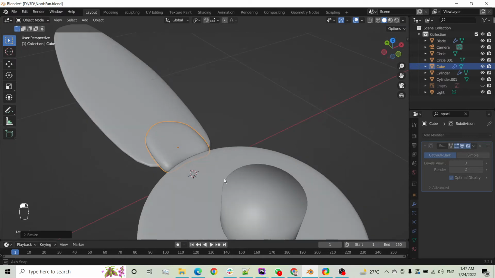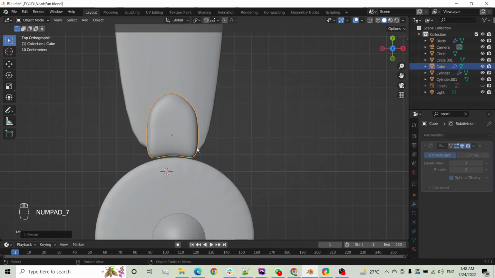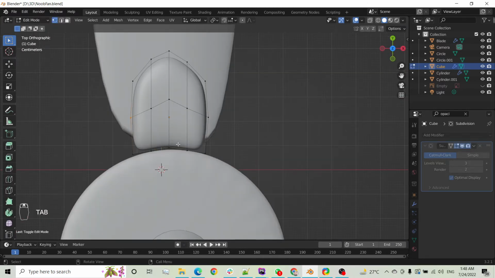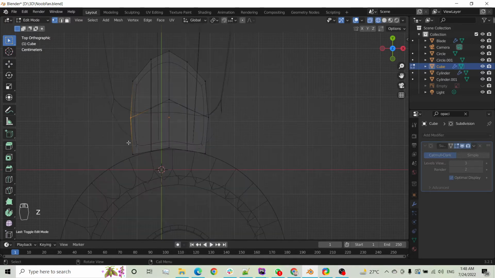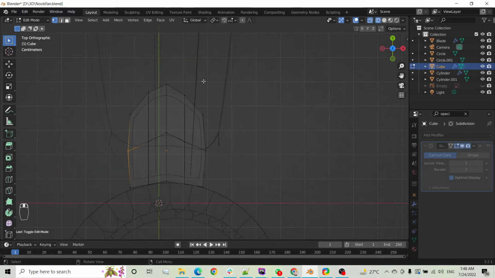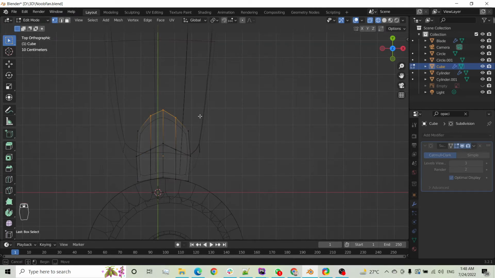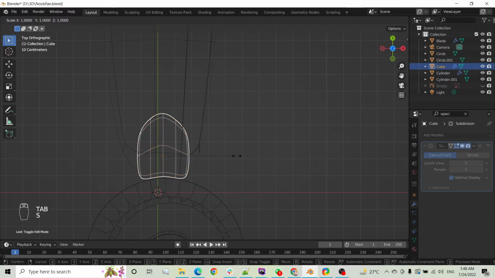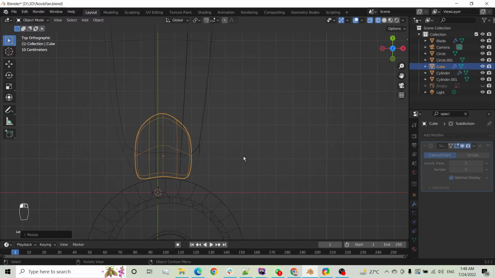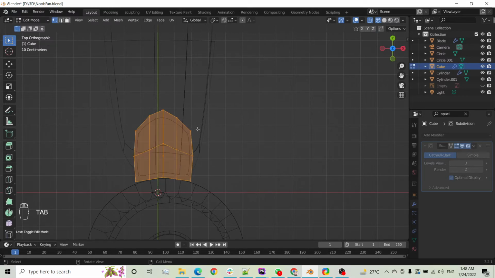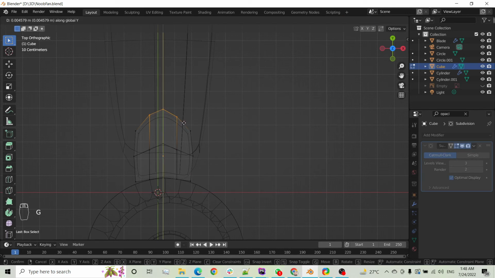So it's like this. Top view, tab, wireframe. We have to, I think, take these, we have to increase its size. Simply S, x-axis, and then tab, select these vertices, grab y-axis,